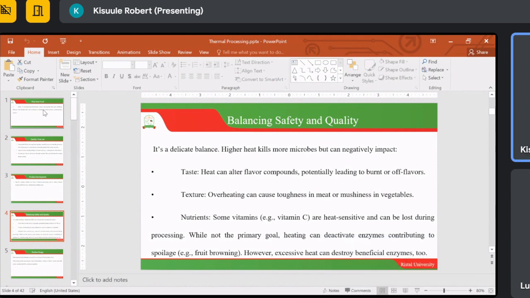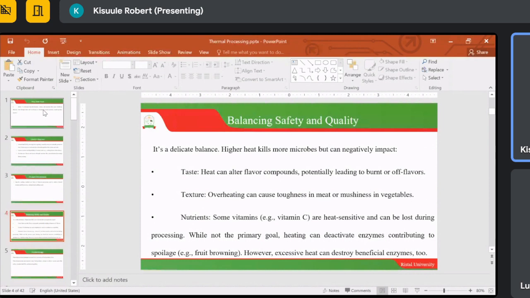So what happens if you heat the foods a lot? Well, you will denature the enzymes, but also you will kill the microbes that are present in food. But also things to do with the taste. When you apply a lot of heat to the food, this can alter the flavor compounds, potentially leading to those